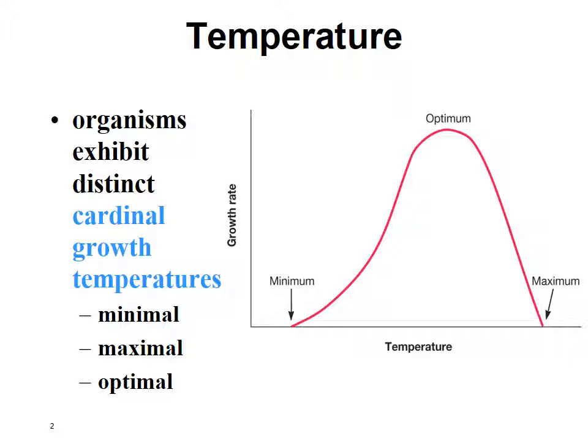So because of these opposing temperature influences, microbial growth has a fairly characteristic temperature dependence with distinct cardinal growth temperatures as shown on this slide. That is a minimum, optimum and maximum growth temperature. And although the shape of the temperature dependence curve can vary, the temperature optimum is always closer to the maximum than it is to the minimum.